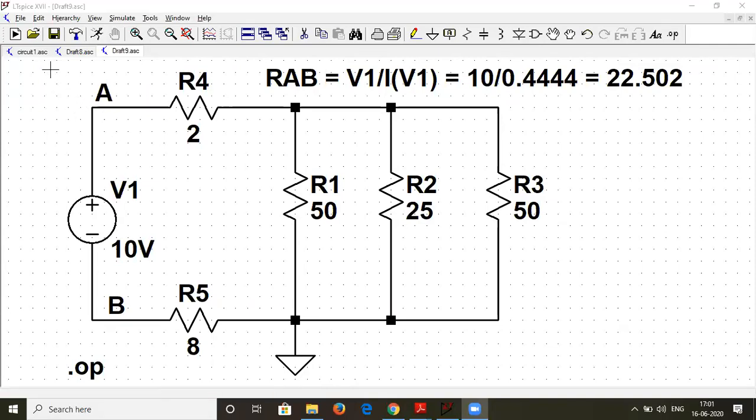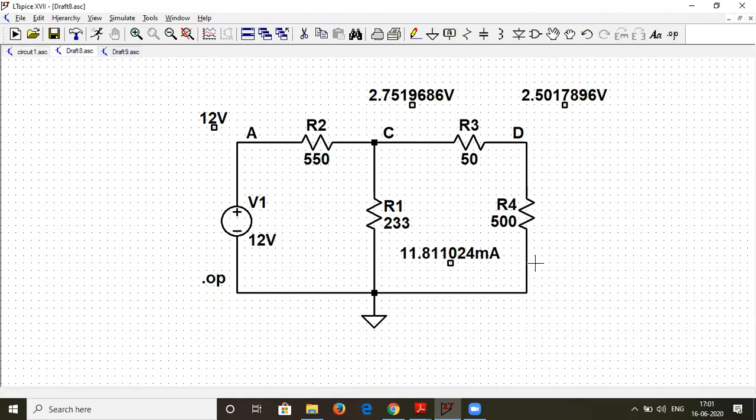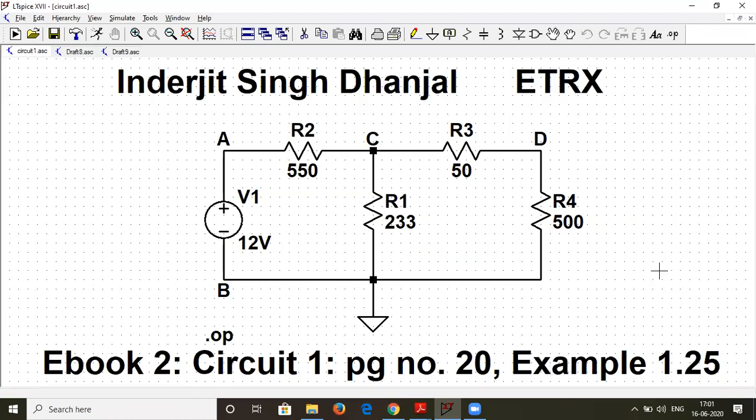So kindly follow the syntax, and you need to name the circuit like this. That is, which ebook is assigned to you, which circuit it is, page number, example, and your name and your branch have to be written like this. So your circuit should look something like this after simulating. Of course, you can add these values onto the circuit, but overall the circuit should look like this. If you have any doubt, I can proceed with the digital simulation, how to do it. Any queries regarding any circuit simulation related to LT Spice or the settings? You all can ask now.